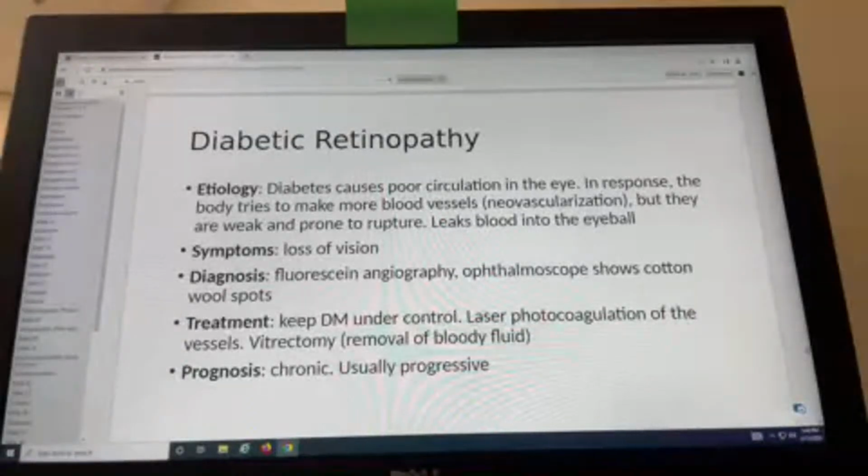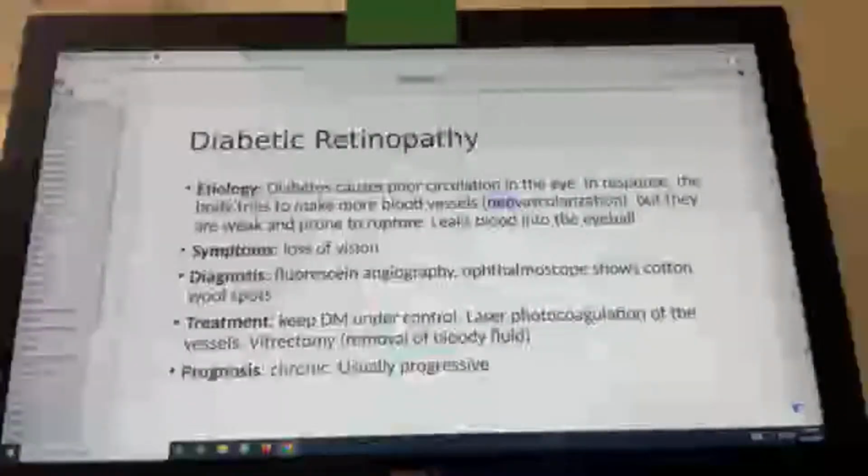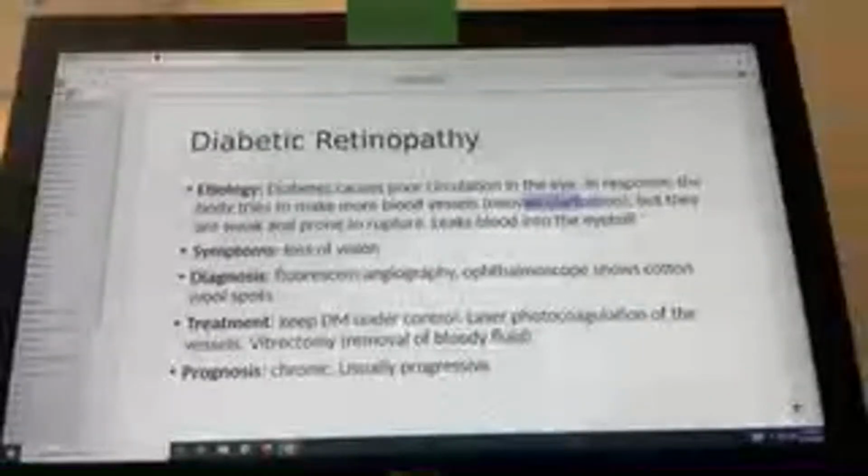Since there is poor circulation, the body tries to compensate by producing more blood vessels to get more blood flow to an area. They call that neovascularization. Neo meaning new, right? And then the problem is that when they're rapidly trying to create all these new blood vessels, they're actually very weak and